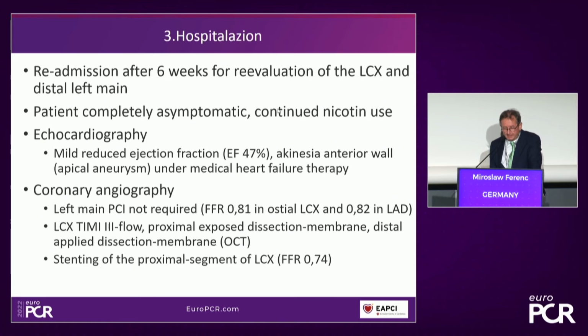He came back completely asymptomatic. He was still a smoker. What we saw was improvement of LV function, so ejection fraction was now 47. And finally we measured FFR for the left main lesion. The FFR in ostial LCX was 0.81 and 0.82 in LAD, but there was still a problem in the proximal mid-part circ. There was a positive FFR